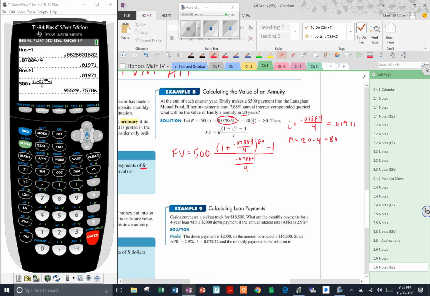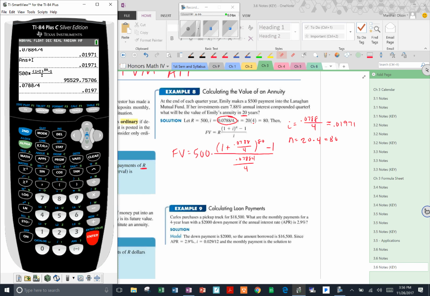I don't think I should add that 4 right there. Divide by 4. All right. I was going a little too quick and added an extra 4 in there where I shouldn't have. Let's see how big of a difference that makes here. 0.0788 divided by 4 is 0.0197, that extra 1/10,000th there. If I store this as I again,